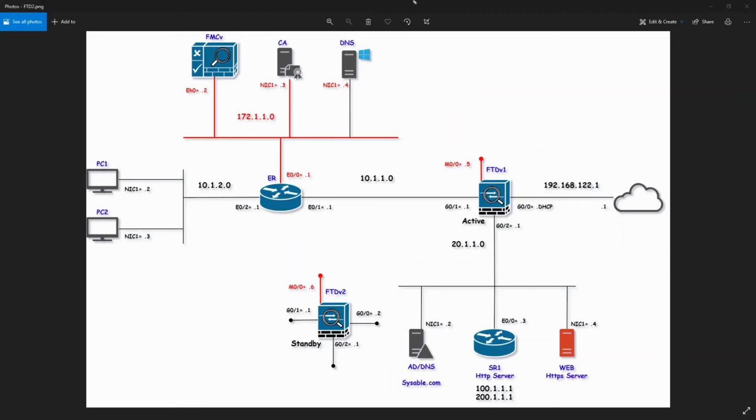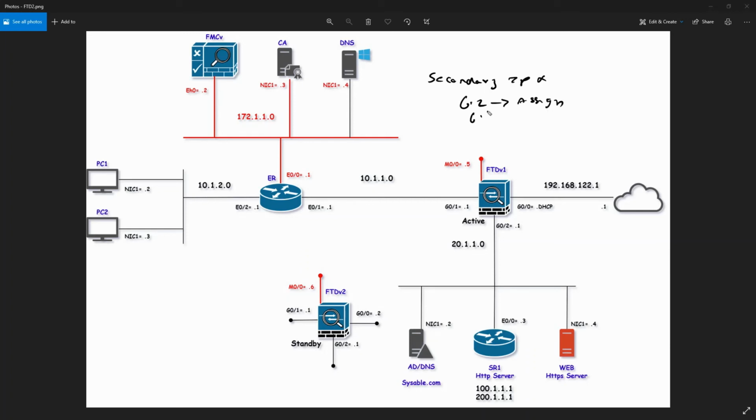Right, so one piece of information that is missing is that we did not give any secondary IP here. There is no secondary IP address. You did not even assign it while doing the configuration. If you are running an older version, then you would assign the secondary IP address.